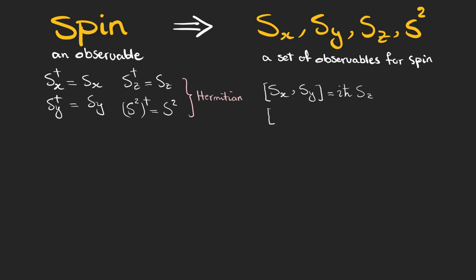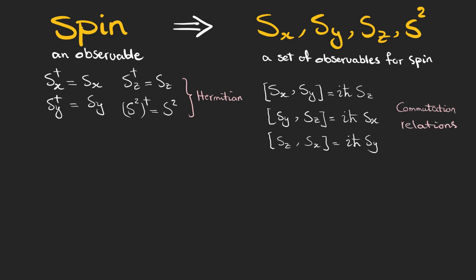The other important thing we need to know about these operators is their commutation relations, which show how the order of using them affects our measurement of the state of a system. In fact, it shows if there would be an uncertainty in measuring the two observables at the same time. For example, the commutation relation for the total spin squared and the z component of the spin is 0. It means that we can measure them at the same time, and it also means they can be represented by